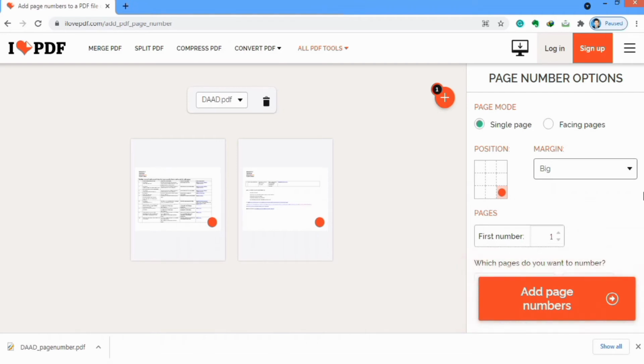Now if you scroll down, you will find other option as well. Here you will find the option of pages. First, if you want the page number to start as 1 or 2 or 3, you can use this. For example, I want to insert page number 2 here. You can change it to 2, and if you place your cursor on this red circle, then you can see here that this page number appeared as number 2 instead of 1. If you change it to number 1, then the numbering will be changed to 1.